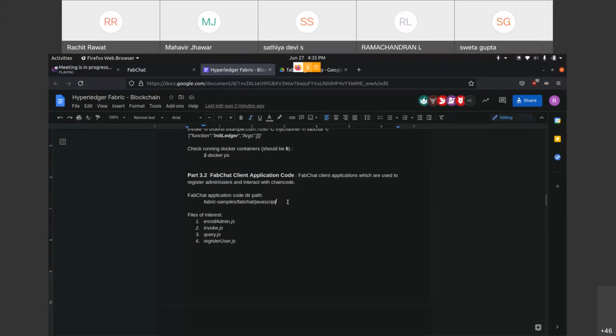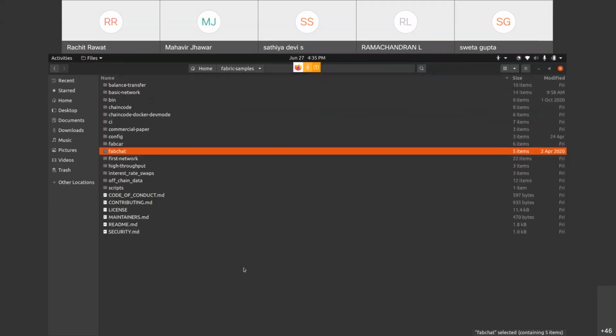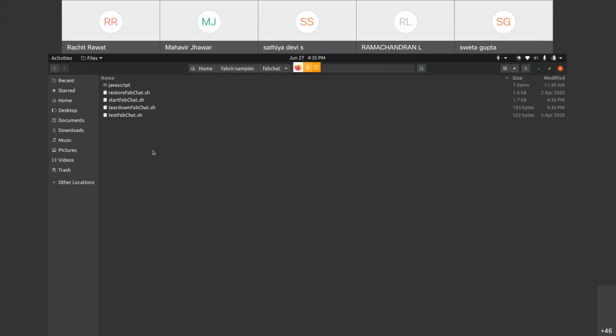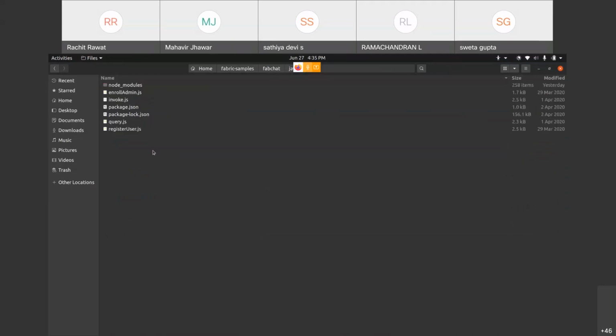So where are the FabChat client application code files? It's there in this directory. Let me show you. So this is fabric-samples. You go to FabChat and it will contain your client application files. Since they're written in JavaScript, they're in the JavaScript folder. So you will see these files.